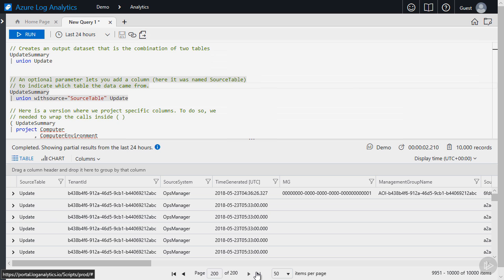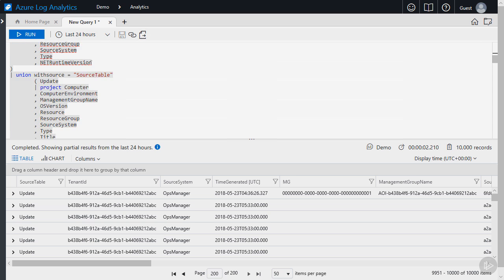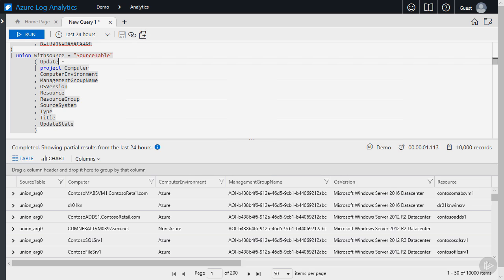Here, I've just said combine all of the columns from both tables. We can actually get much more selective. Here, I'm saying my first query, update summary, I'm piping that into a project, and I'm selecting a handful of column names. Note that because I'm actually making this a full-blown query and not just tables, I have to wrap it all in parentheses. I then come down in my query to the union, and I have a second query into my update table. Note too that it is in parentheses, and when I run this, you can see the